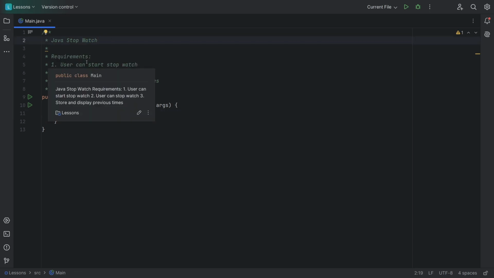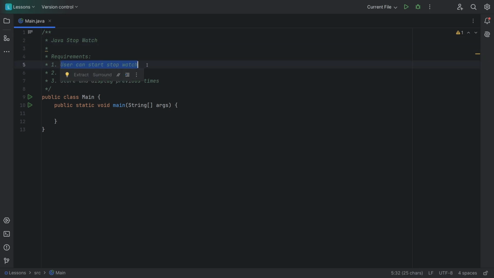Let's go over the requirements real quick for this one. The user can start a stopwatch, the user can stop a watch, and we can also store and display previous